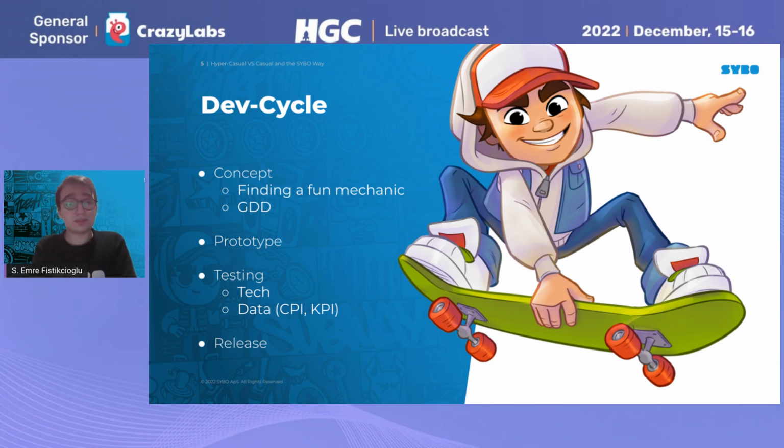Cool, we create the prototype. Now what? We test the game. We get the tech KPI. We have the CPI. We have the retention. We have everything we need data-wise. So the tech KPI is very important here. We shouldn't be really targeting a specific device range.